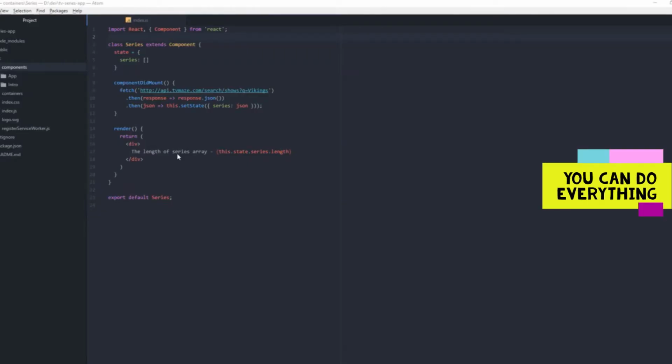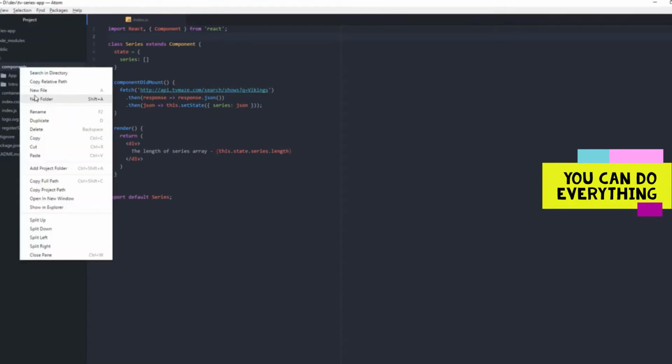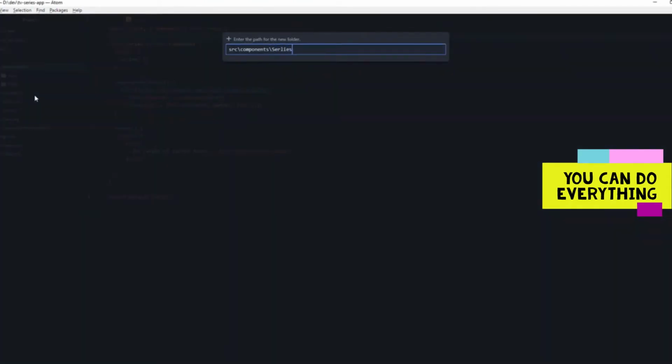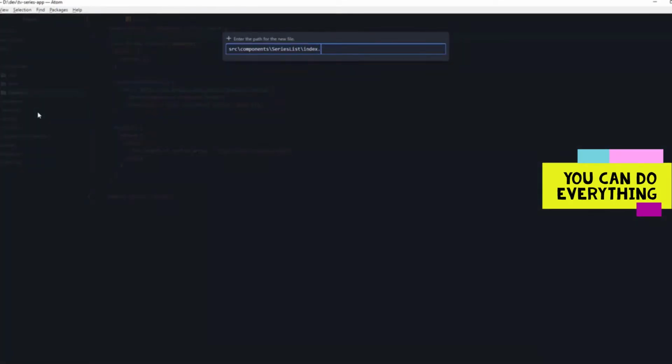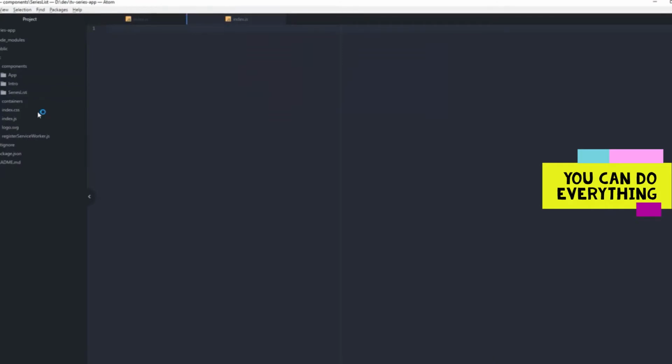Now that we have our series array returned from the API call, it's time for us to create the series list component, which will render the TV series. So under the components folder, create a series list folder. Inside that folder, let's add the index.js file, import